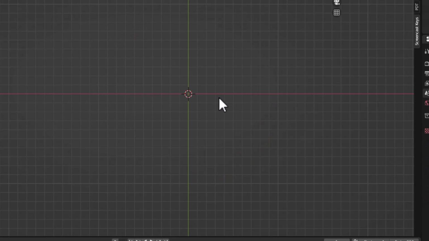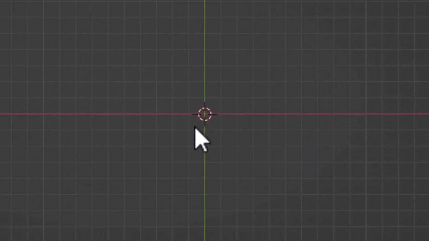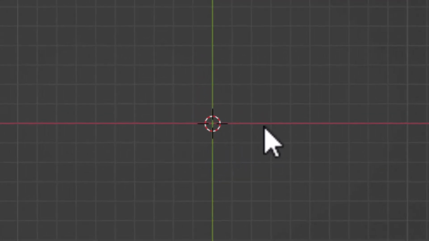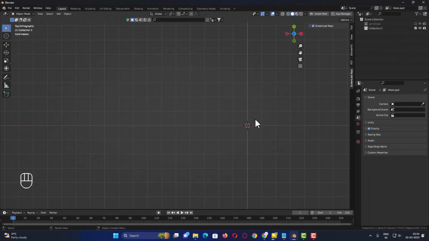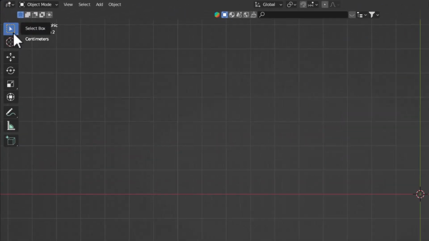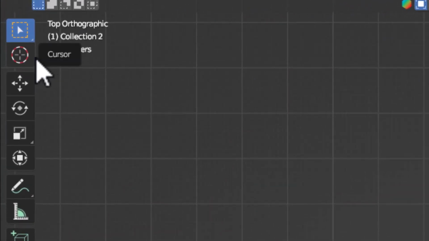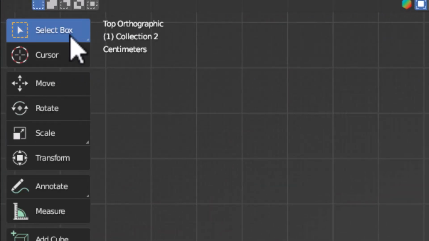It is added exactly at the point where our cursor is. So, if I just zoom in, you can see this dotted white line. This is what we call a cursor. So, where we place the cursor, the object will be placed there. So, we can shift this cursor and place it anywhere in our plane, and even if you come to the toolbox here, if I just drag it like this, you can even see it with the names, this cursor.